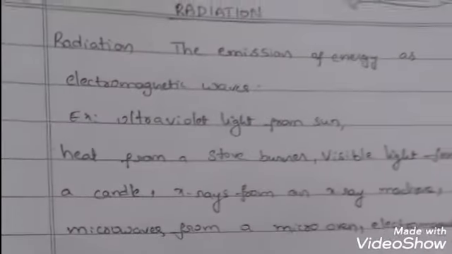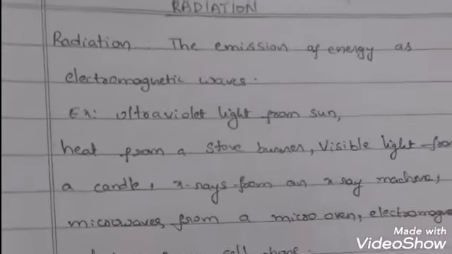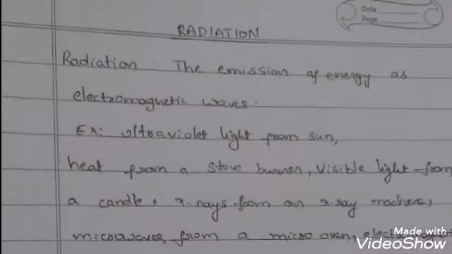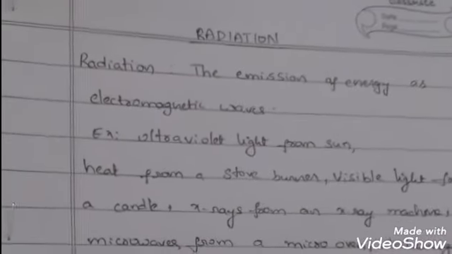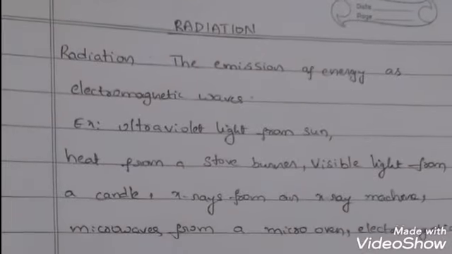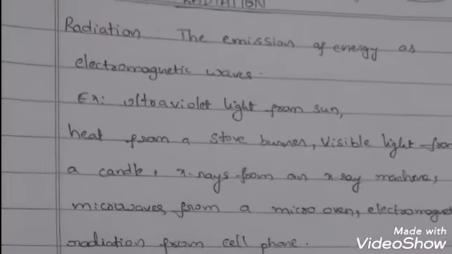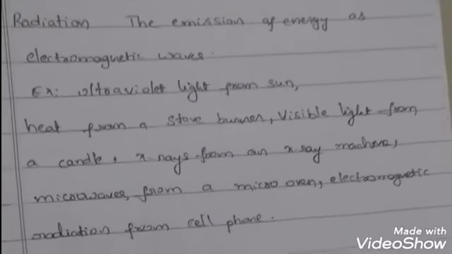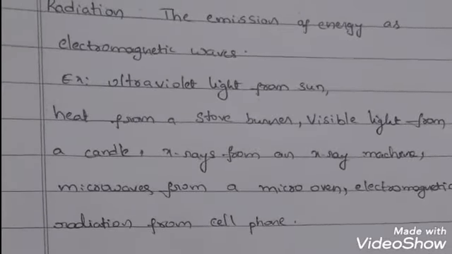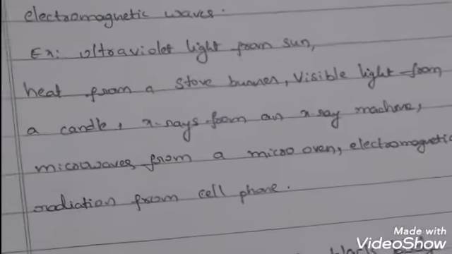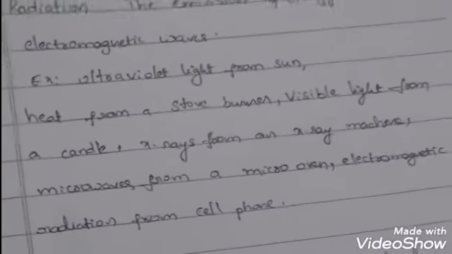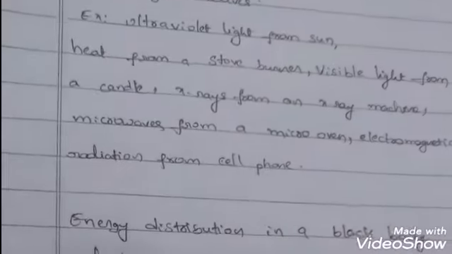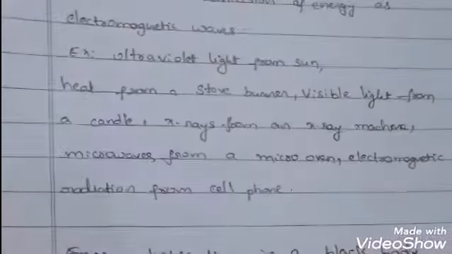And you know about Ferry's black body and Wien's black body too. How they are black bodies, meaning the black body absorbs all the wavelengths and cannot emit any of the wavelengths. And you know the best example for a black body too, lamp black. Now we will see about energy distribution in black body radiation. So how the energy distributes in a black body.